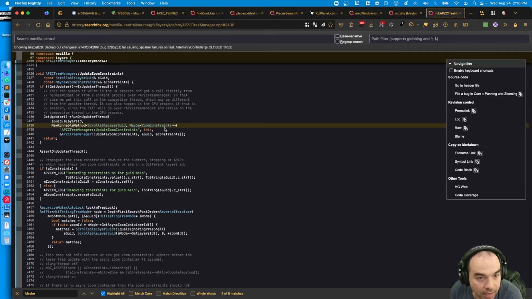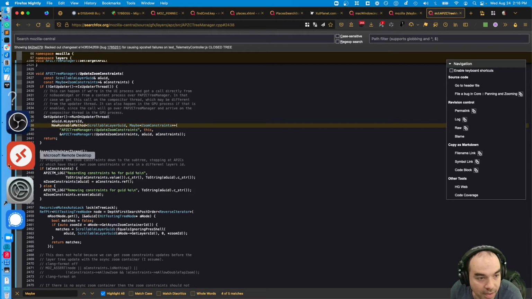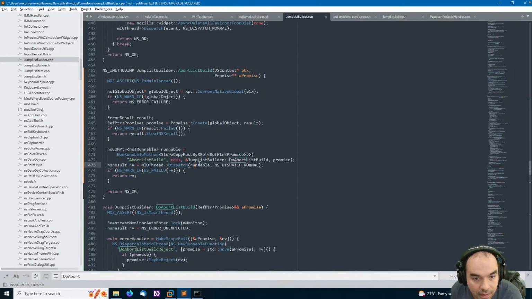Zoom constraints. Yeah, I'm gonna pass a maybe. A ref pointer promise. Copy pass.